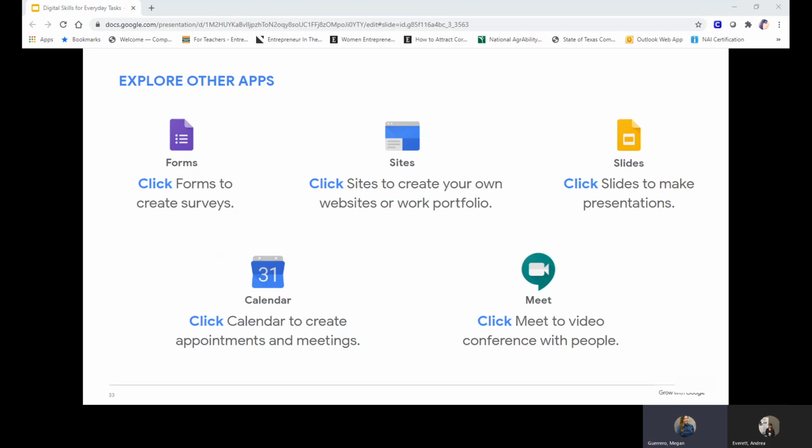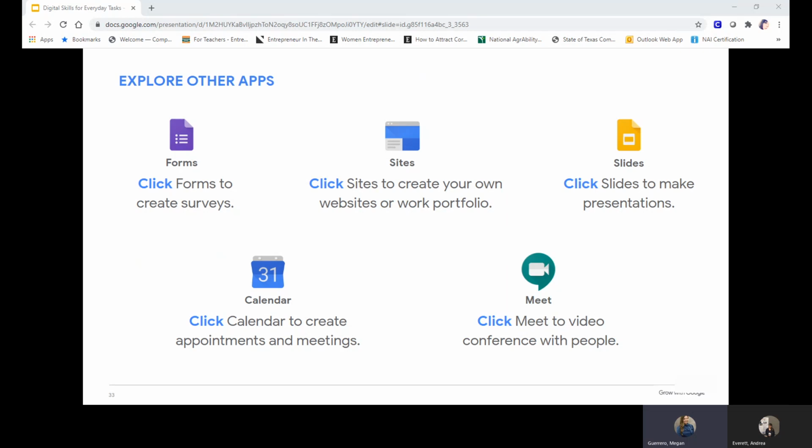Google Docs and Google Sheets can get you started with a useful project for your professional or personal lives. For example, you can build a resume using a template in Google Docs, or you might design a budget in Sheets. Google also offers several other apps you might want to explore.